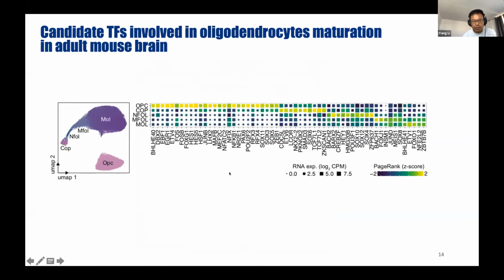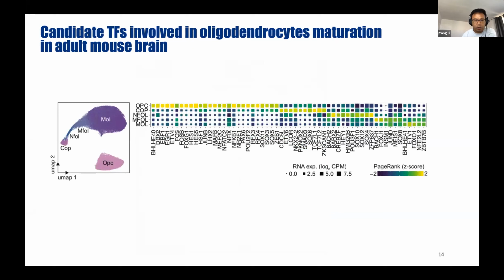First of all, by using that network between the candidate cis-regulatory elements and genes, you can first construct a network and then ask what are the major driver TFs involved in the cell identity or cell type differentiation.